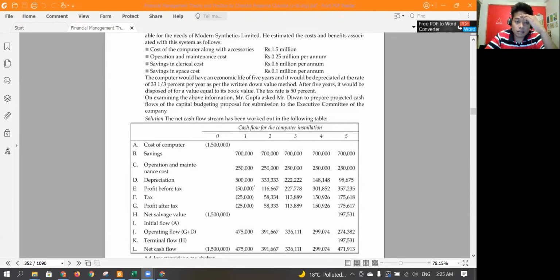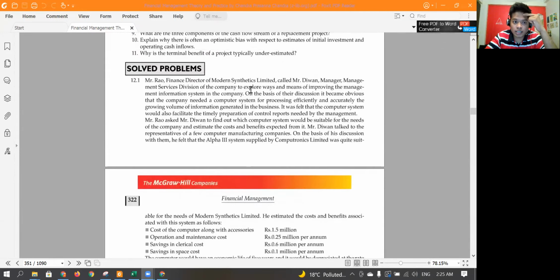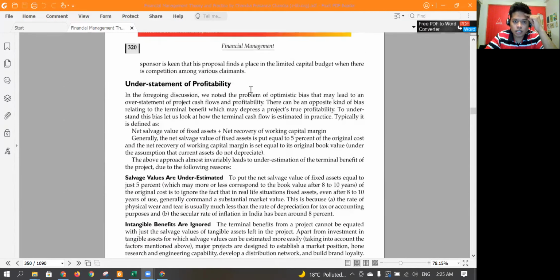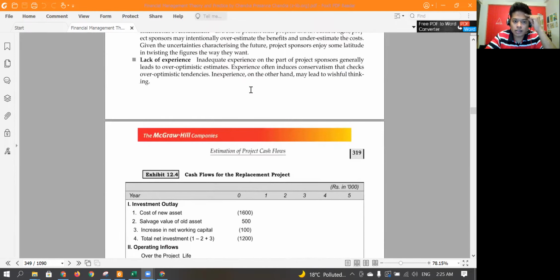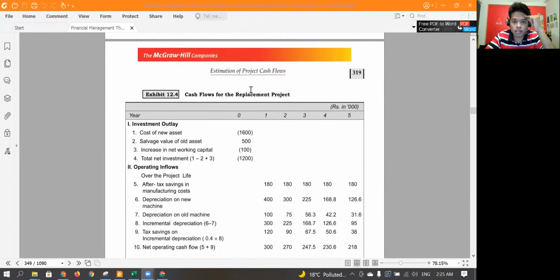So you can see in the textbook that Sir had given, there are a few solved illustrations. I think there are 4 or 5 solved illustrations. You can go through those to get an idea of the questions, because these are already solved. I'm not going through these because I think by seeing the solutions you can kind of understand the question.